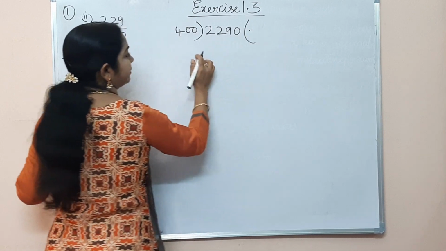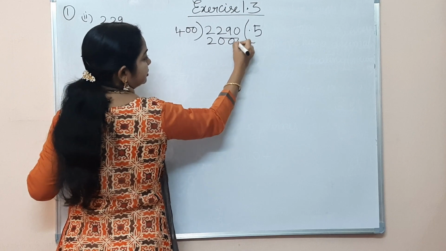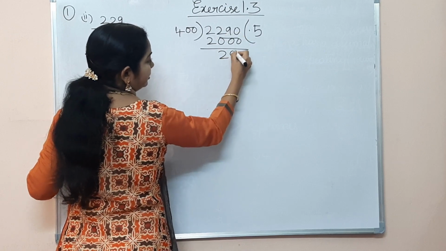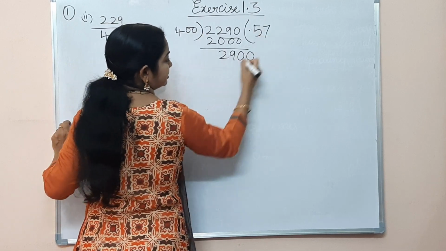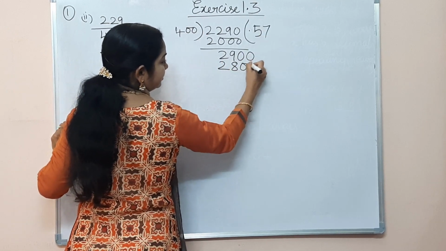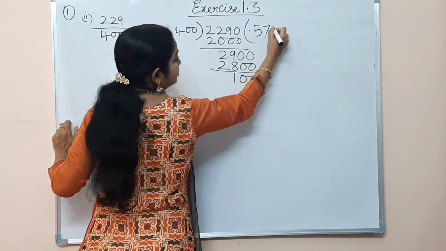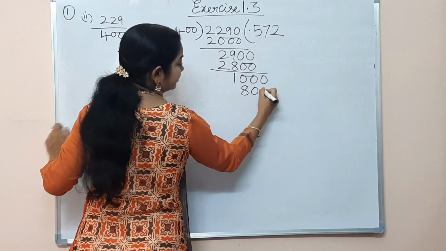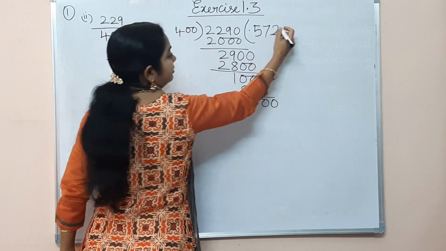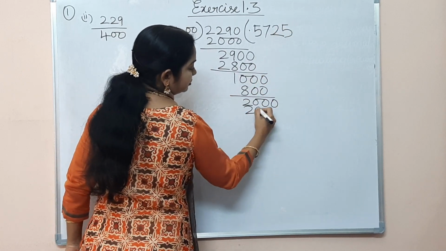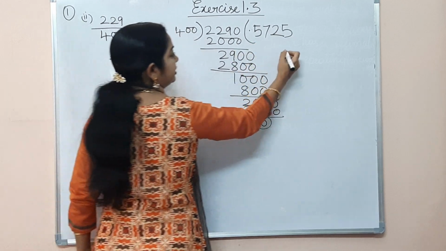7s are 28. It will be more. So 5, let me take 5. Plus 2000. Okay, 2290 left over. Then we can take 1 0. So 7s are 28. Okay, 100. So 1 0, 400 twice, 800. So 200. So we can take a 0. 400, 5s are 2000. So we got remainder 0. The decimal is being terminated.